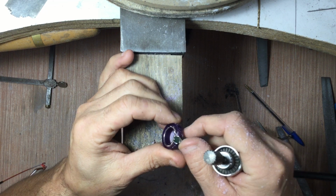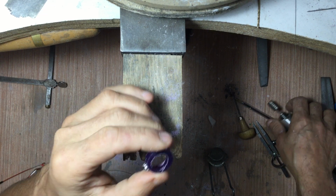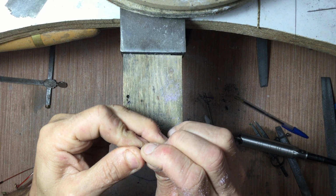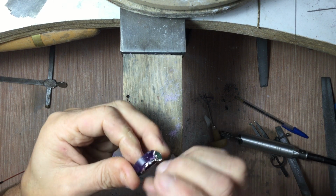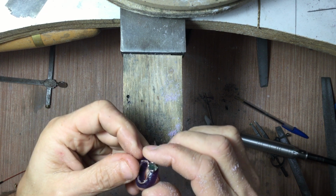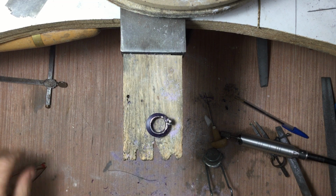There we go. So now it's the same size as the other ring. I've got quite a bit of playroom here. We'll just take that ring out of there. Now this one's going to be a little bit finicky